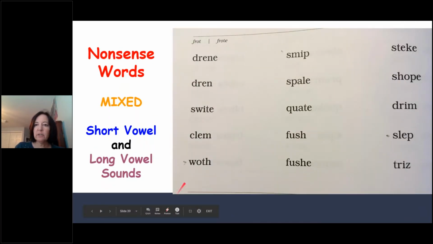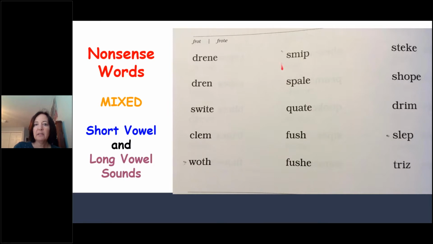More nonsense words. Go ahead and practice, and then when we turn the video back on, I'll read them aloud. Pause the video. The video's turned back on now. This nonsense word is dreen, dren, swite, clem, wath,